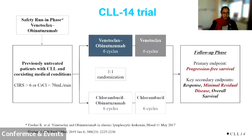Venetoclax is the next product to show its benefit in the CLL frontline setting. So this is the CLL-14 trial done by the German CLL study group, essentially in combination with a lot of centers all around the world. Basically, they took patients who were previously untreated, who had CLL, but also had some coexisting medical condition where they would not necessarily have been eligible for FCR historically,